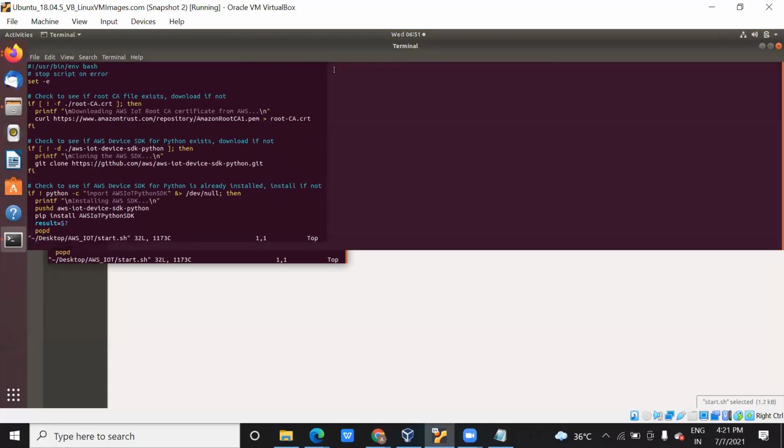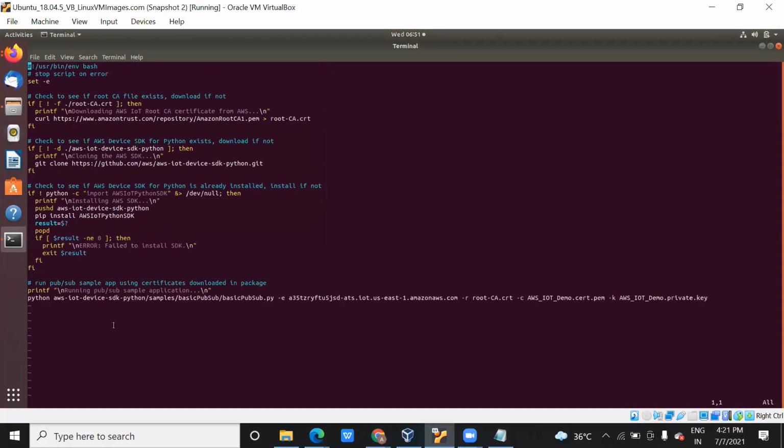You can see some scripting is written here. Don't go deep into what exactly this stands for. As of now, just think of it as some script. Okay, when you work in any company or any industry, you need to write this script so that you can connect the hardware devices to your cloud, and you can make their communication successful.